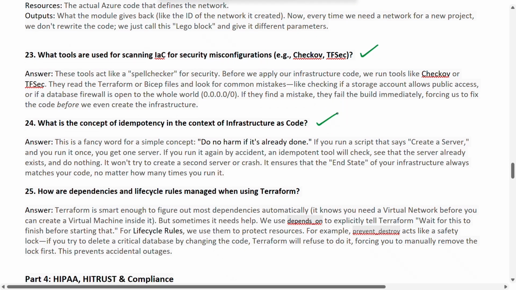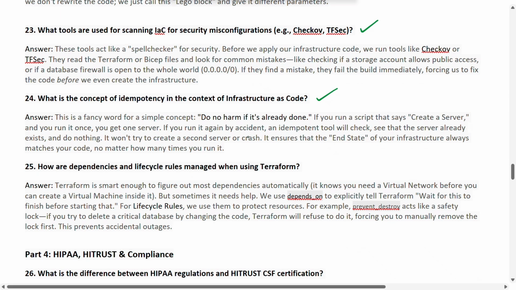And moving further, what is the concept of idempotency in the context of IaC, which is infrastructure as code? This is a fancy word for a single concept, which is: do no harm if it's already done.